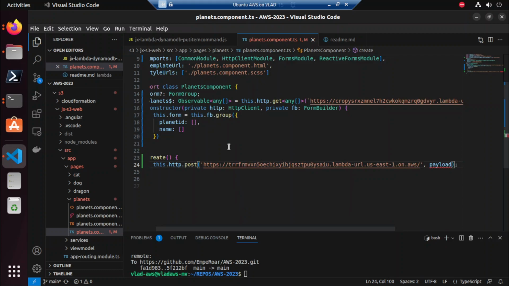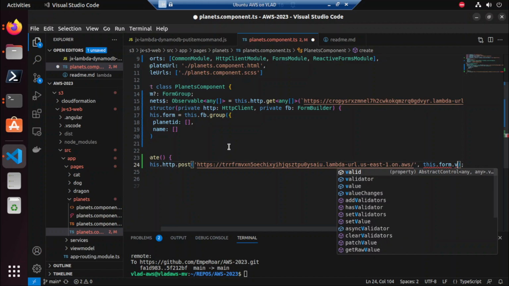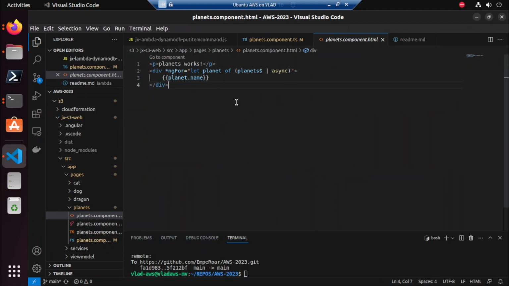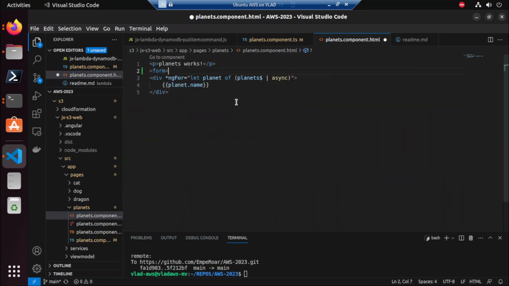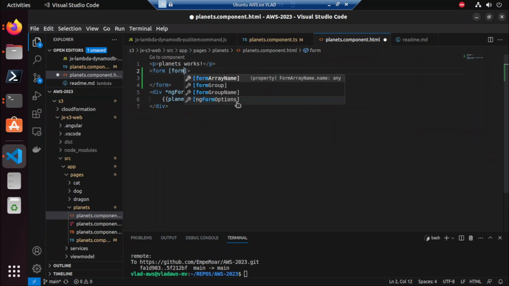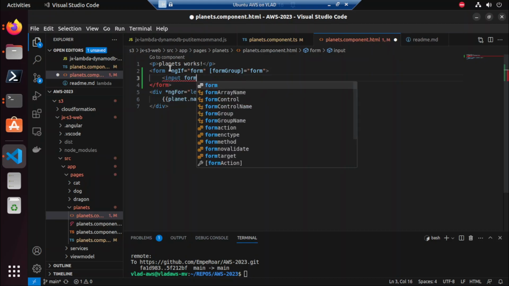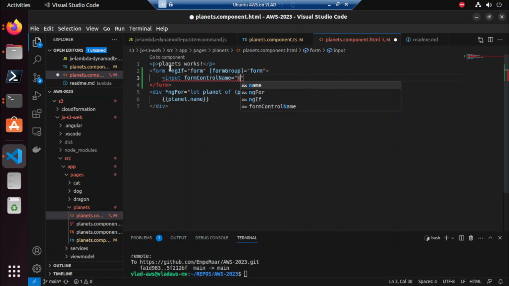Alright, so that is our form.value. And in our form here, form group is equal to form, ngIf form, and then input with form control name equal to name,